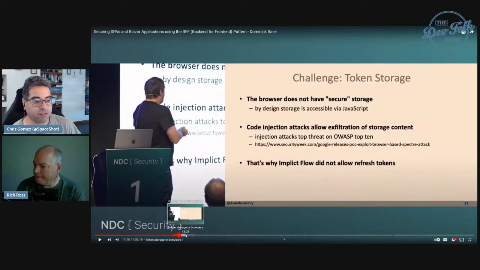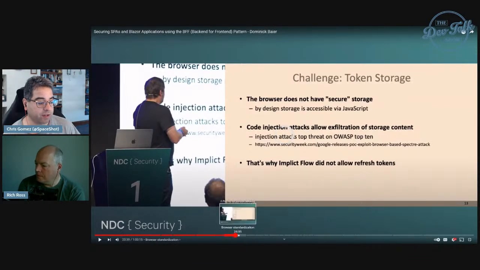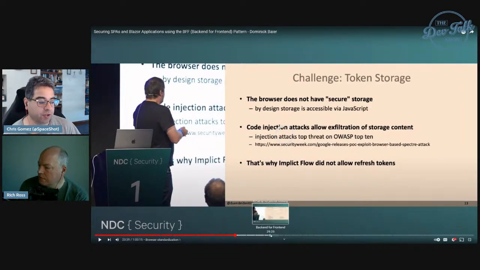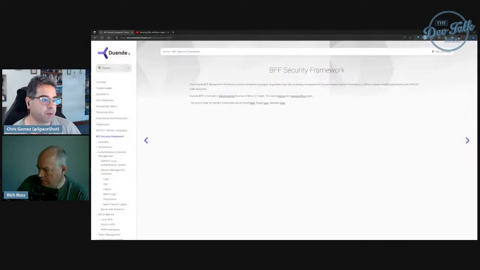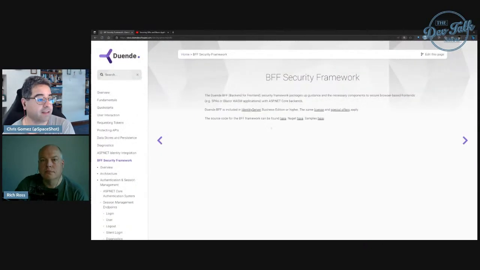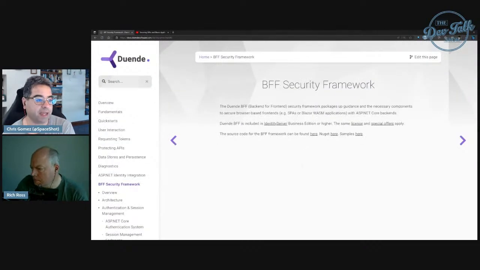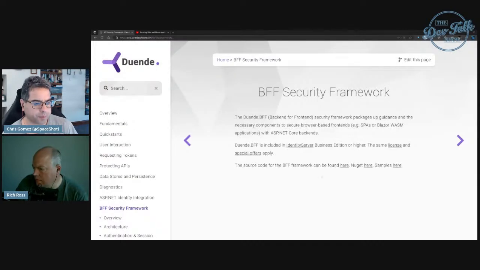And then he talks about how you can't just store the token in the browser, and eventually actually demonstrates a few attacks, which is cool. And then eventually says, okay, here's where you need to give up. I guess YouTube's not keeping up with a lot of changes in the browser, whatever. And then eventually says, we're going to give up and do this. I don't want to say give up. That's probably not fair. And do stuff like this, the Duende backend for front-end security framework, which